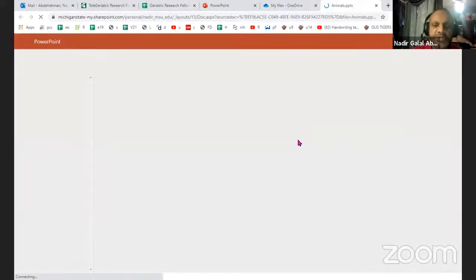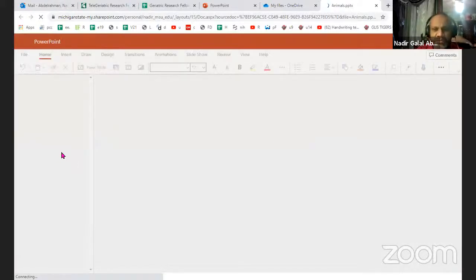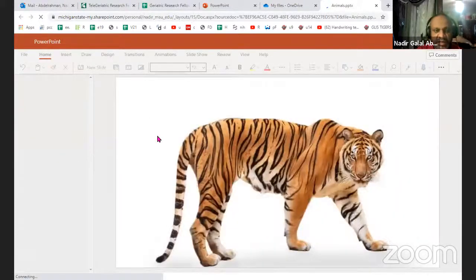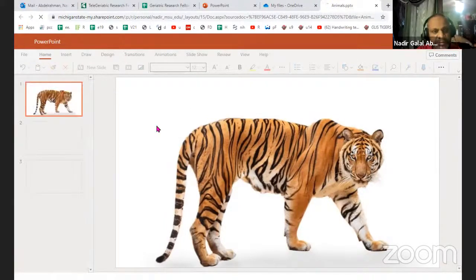Let's say a new medication came and you want to talk about that. So you can add one more slide about the new medication. If you have new references, you can add some of the new references for you. But the beauty about this